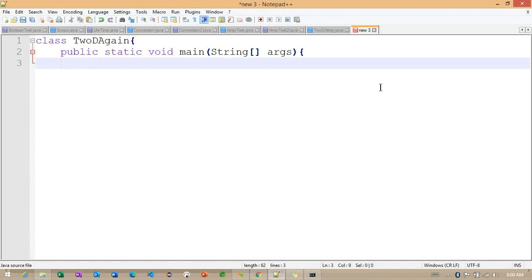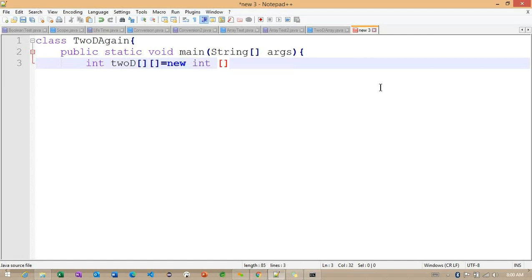Observe here, inside this main method, I'm trying to create multiple arrays. Carefully observe, I'm taking the same array called 2D, defining it as a 2D dimension array.